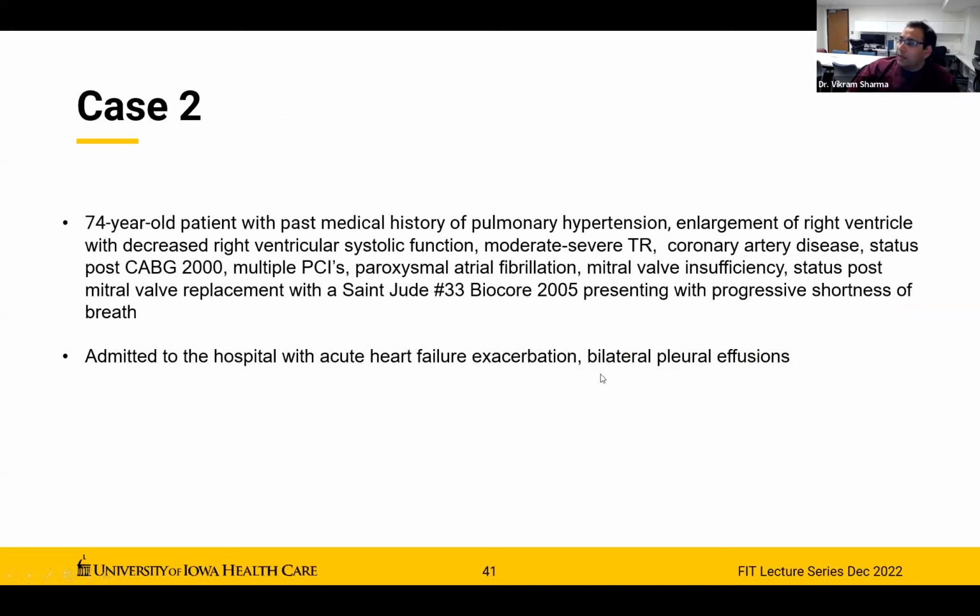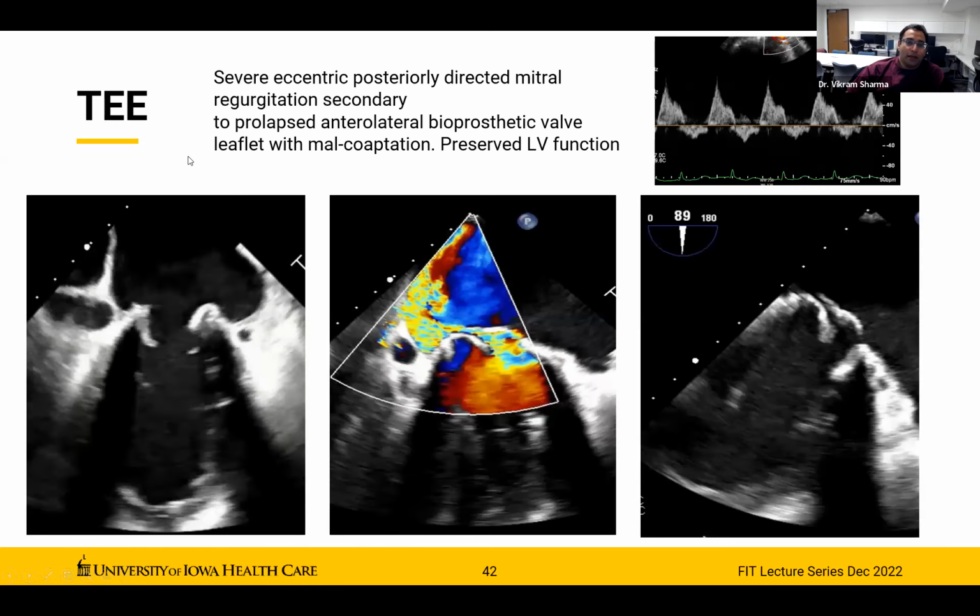Changing gears a little bit here. So we know that we cannot treat all our patients with transcatheter edge-to-edge repair. There are some patients who will not be appropriate. So here is a case that illustrates an example. Here's a 74-year-old patient, has a history of pulmonary hypertension, enlarged right ventricle, decreased right ventricular systolic function, moderate to severe TR, coronary artery disease, prior CABG, multiple PCIs, paroxysmal AFib, who has a known history of mitral valve insufficiency, had a bioprosthetic mitral valve replacement with a St. Jude valve in 2005, and now presenting to the hospital with progressive shortness of breath. Patient was admitted with acute heart failure exacerbation, bilateral pleural effusions, and an echocardiogram was performed,